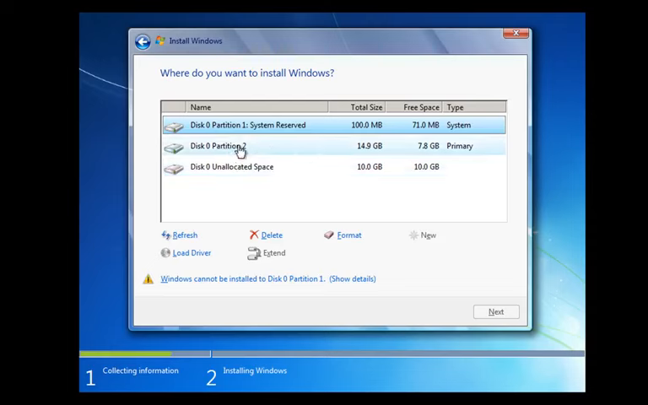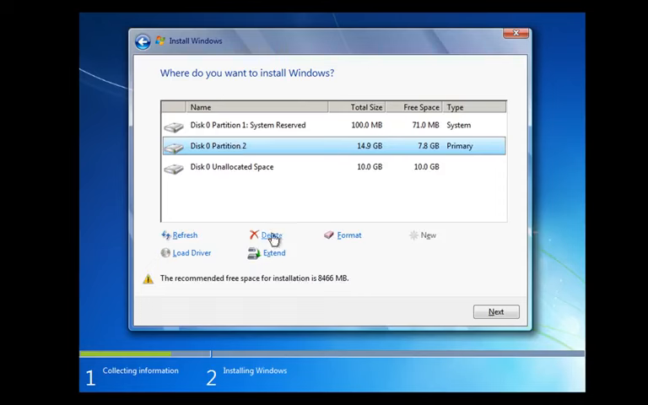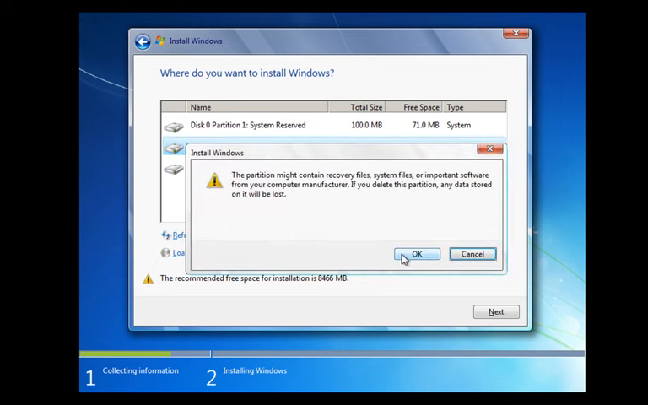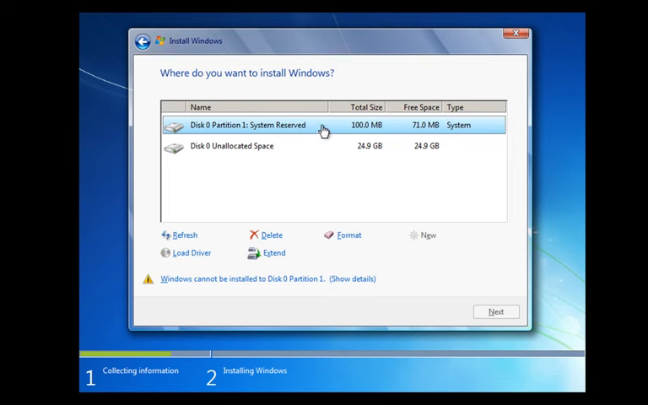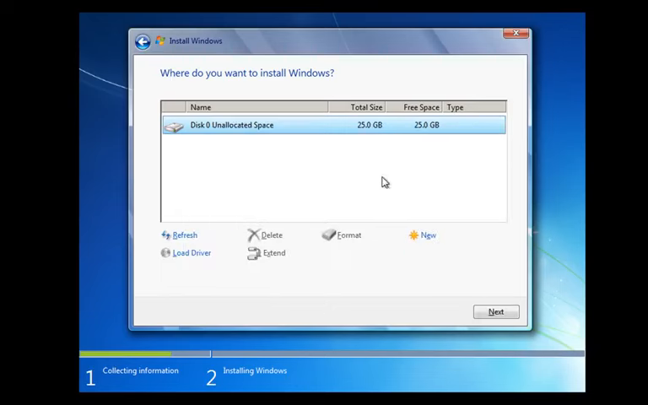We're then going to go to the next partition and do the same again. So we've got partition 2, it's just shy of 15 gig there. So we're going to hit delete. Again, the warning to make sure that you've backed your files up. And then we've just got this one partition left, which we're going to delete. Click OK. Okay, so now what's happened there is we've got one big unallocated space of 25 gig,